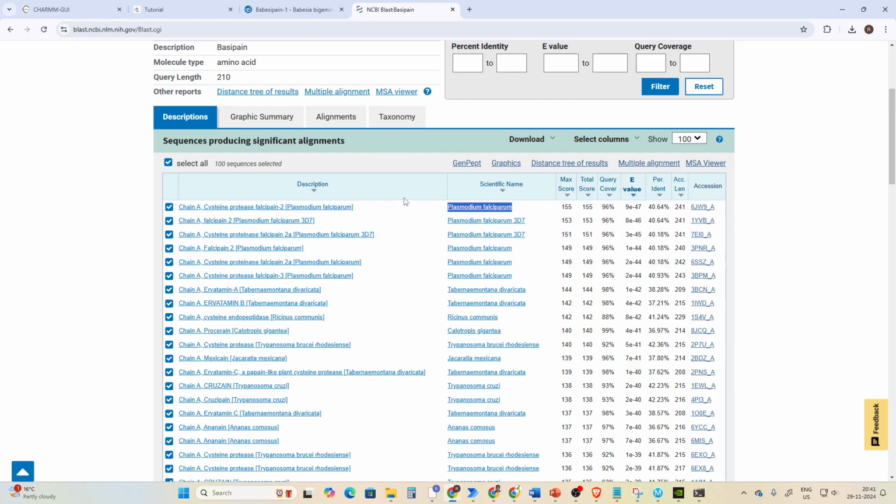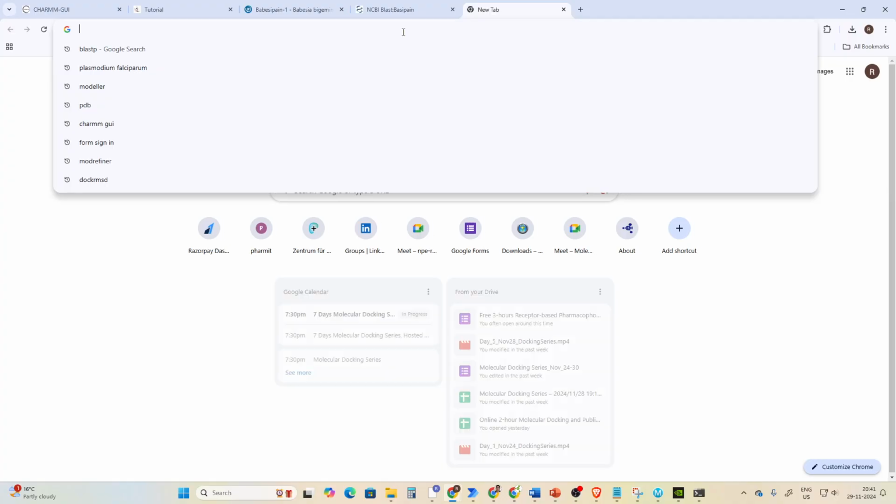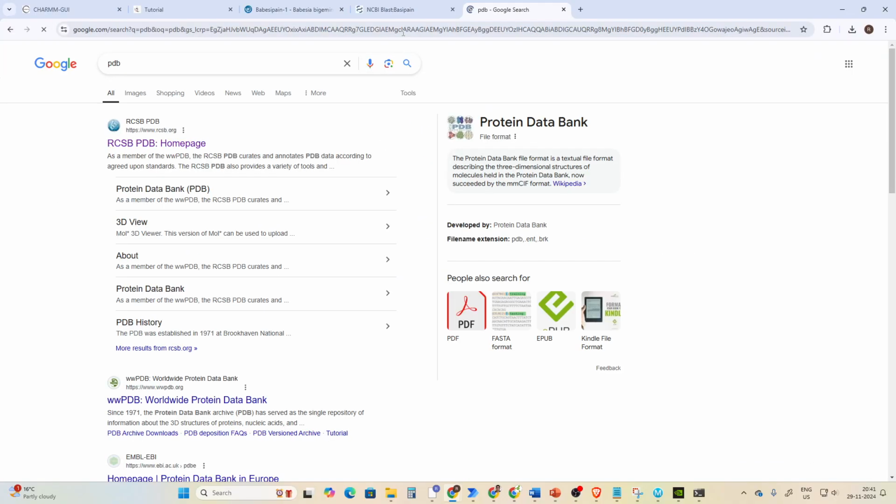Anyway, so let's select this one, 6JW9, as our template. So we just need to know which template to select using all the criteria that we have listed before. And then once you have selected the template, you can go to PDB,